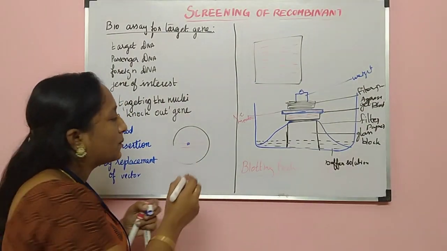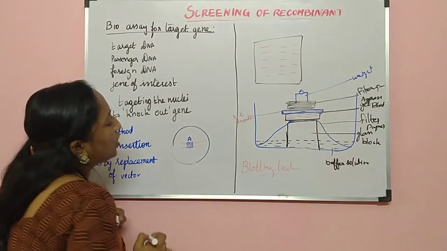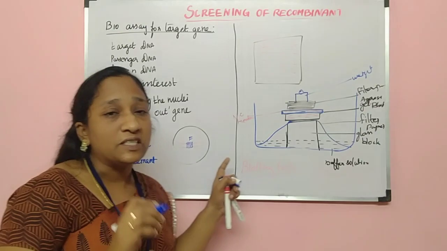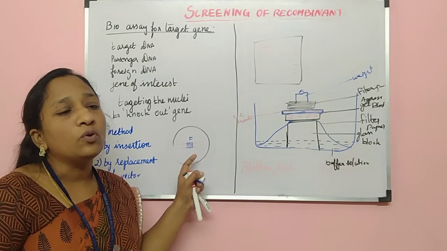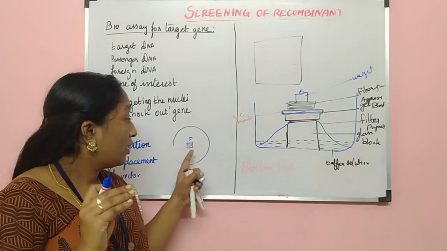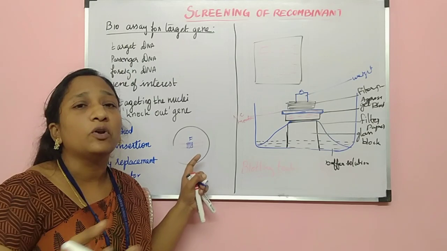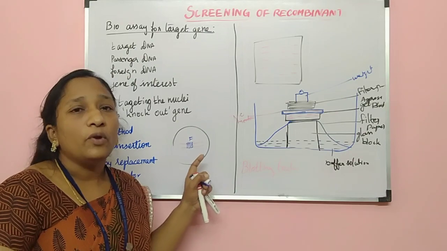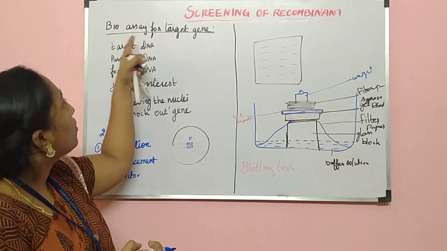Suppose this is gene A, or consider this is gene F. If you want to know a specific gene's function, how will you know? For example, only after knowing the function of the insulin gene are we now inserting the insulin gene and producing more insulin hormone. Likewise, if we know the function of a particular gene, it is easy for us to produce it if a deficiency occurs. For that reason we choose the bioassay of target gene.